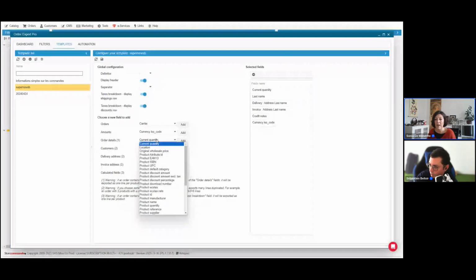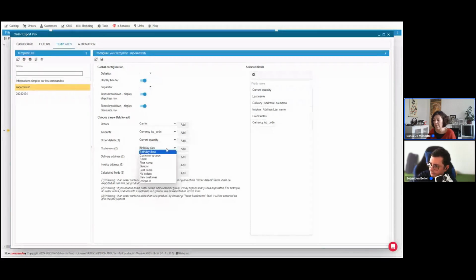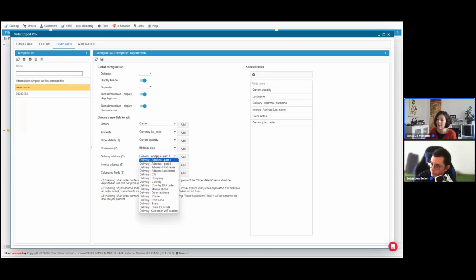You can eventually add order details, so product details, product information that are in your orders. So product name or manufacturers, quantity, etc. You can add customer information, because an order is from a customer, so you can add the customer information as well, and delivery and invoice address. So there's lots of fields as well that you can add to your export file, either to do statistics or